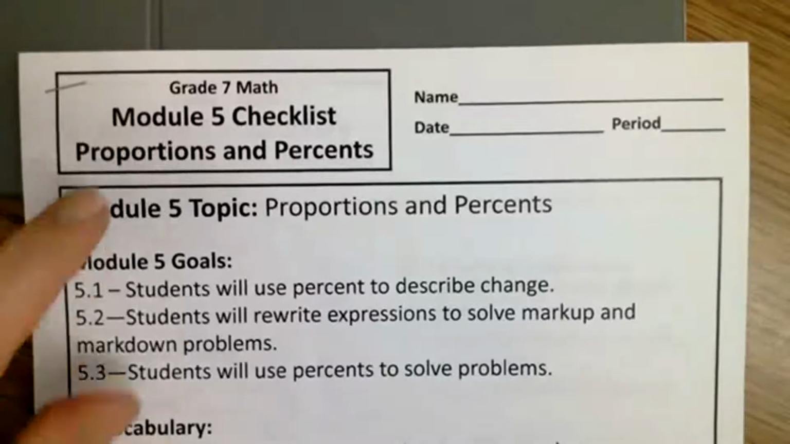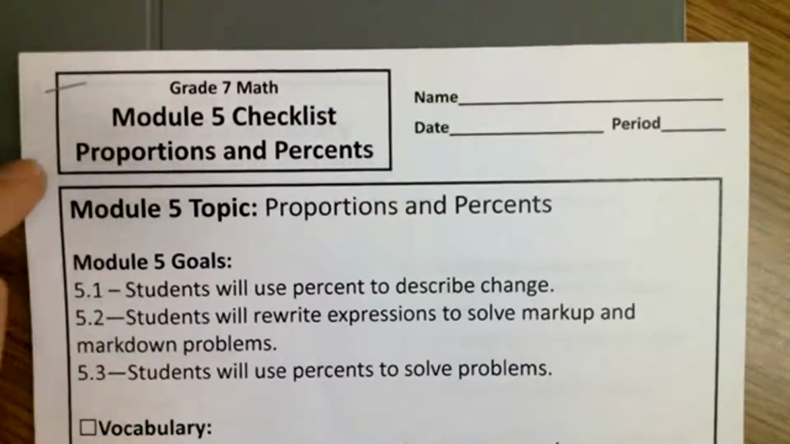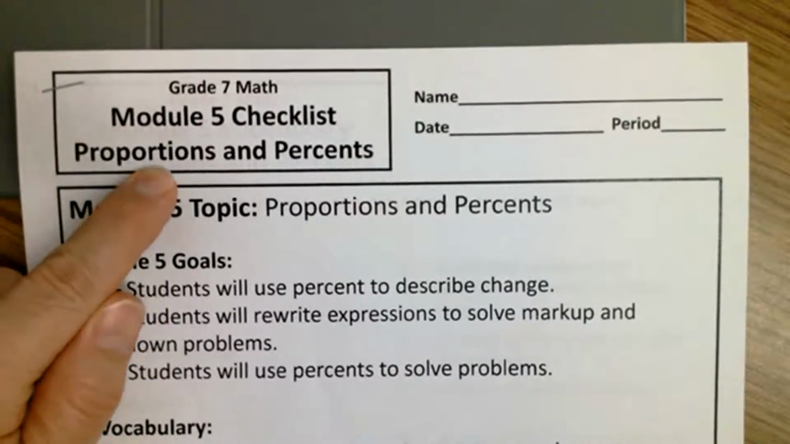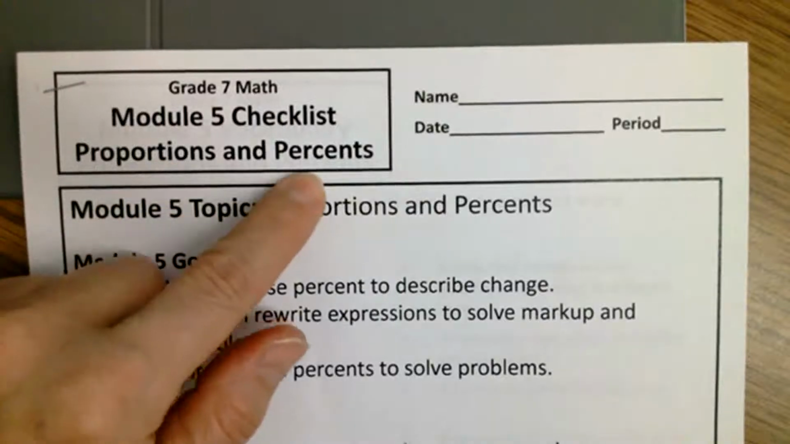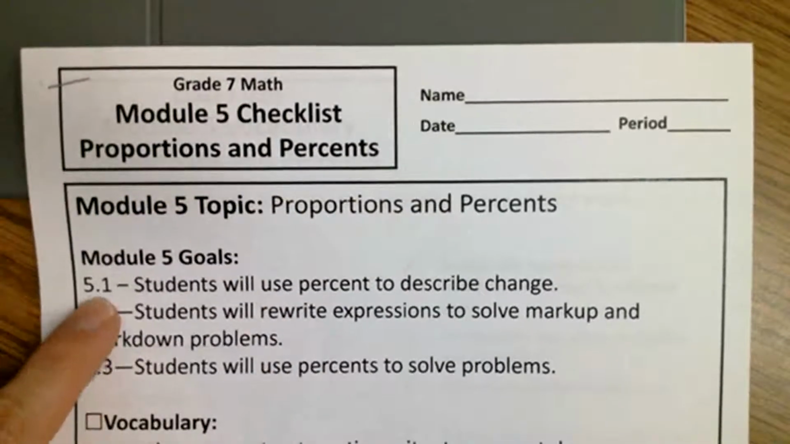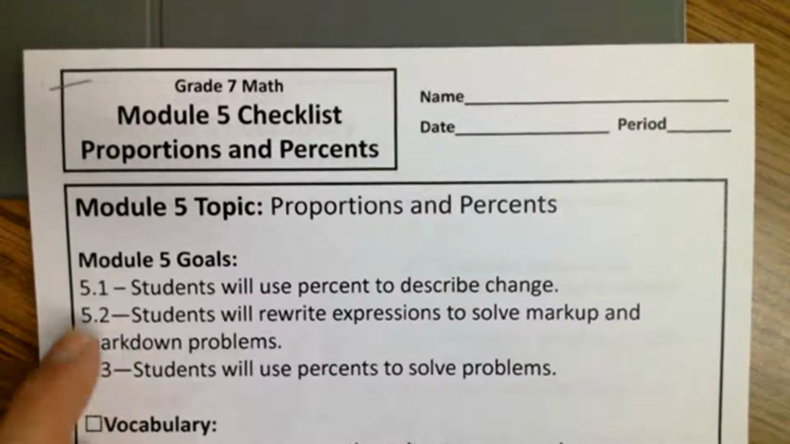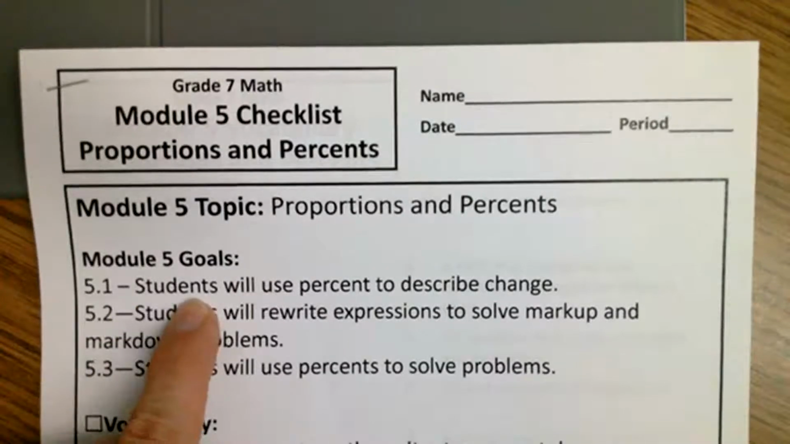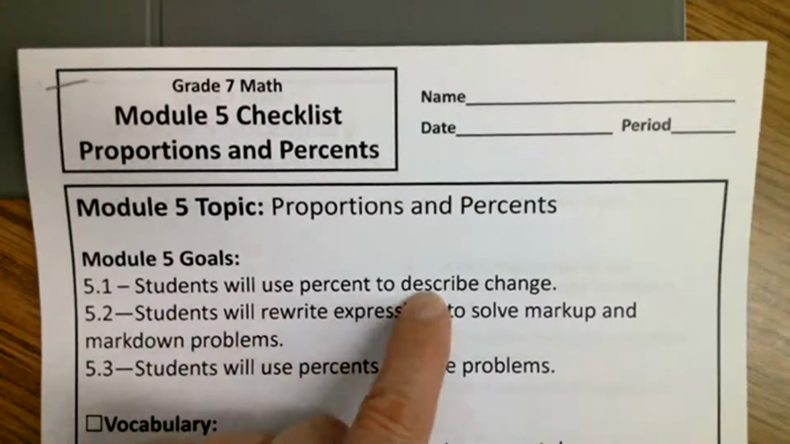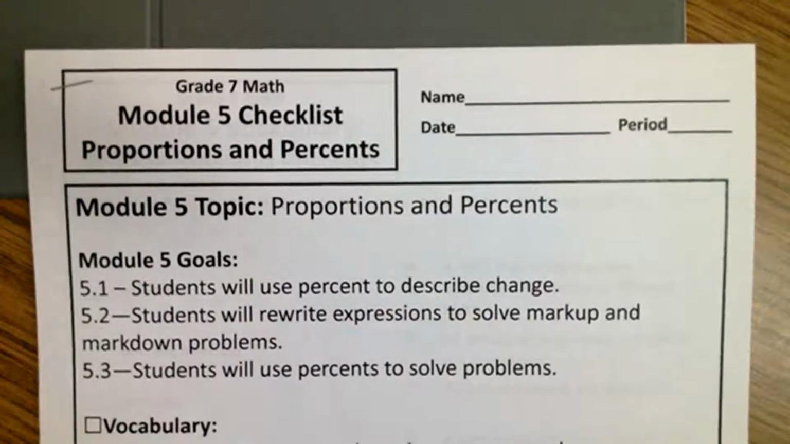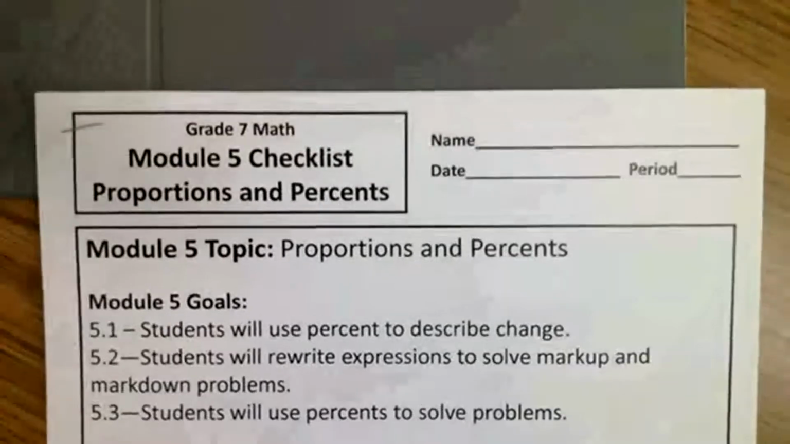Okay, this is module 5. This module is called proportions and percents. It's 3 lessons, 5.1, 5.2, and 5.3. In the first lesson, you're going to use percents to describe change. All right, so let's go to the 5.1